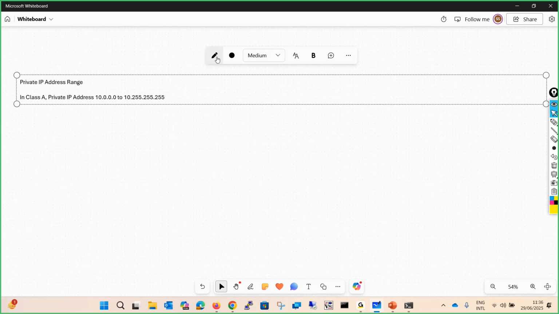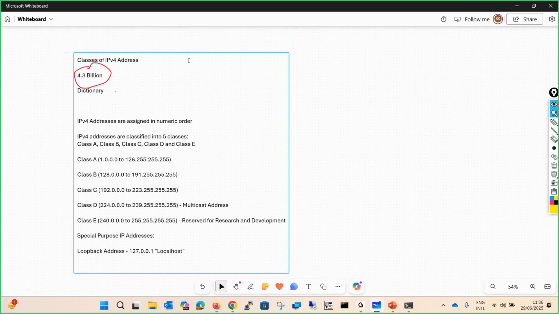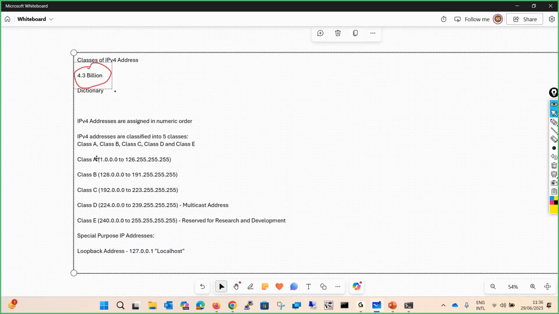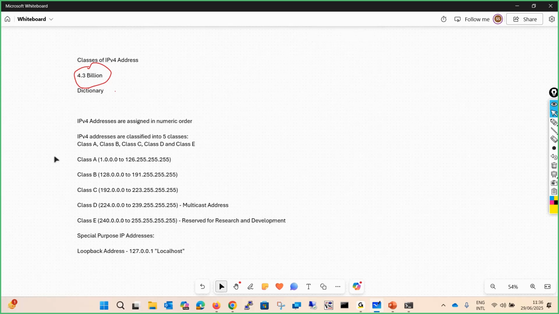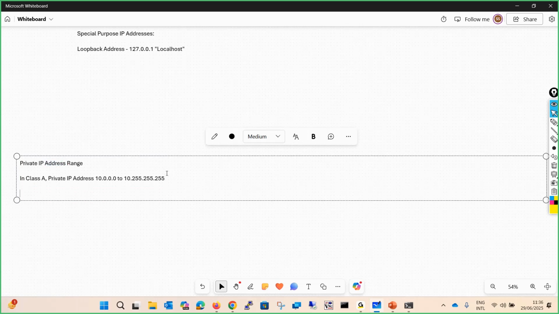Among the classes, just some time before, what we discussed is general. This is the IPv4 address, and the IPv4 addresses are divided into classes: class A, class B, class C, class D, class E. From every class there will be a private IP address and a public IP address. So in class A, the private IP address will be from 10.0.0.0 to 10.255.255.255. Similarly, in class B,